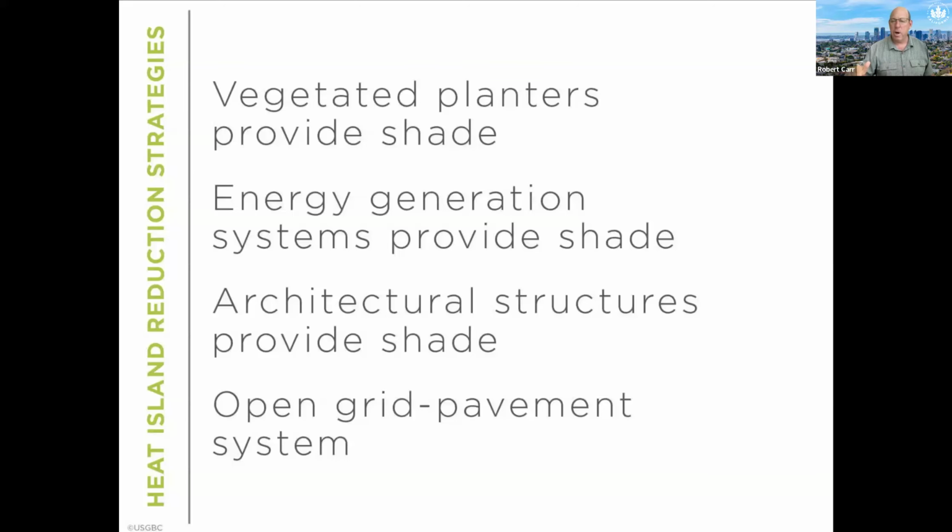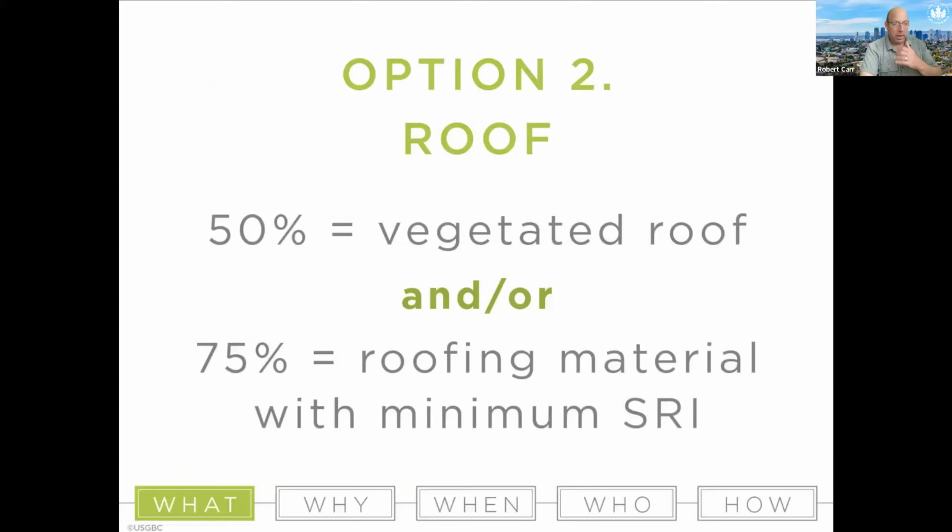I was on a project where they had really whitish cement, and we looked at the reflective qualities of that cement, and it actually met the requirements. So that's really important as well. Now for the roof, you want to find ways that the roof is not absorbing heat. One of the things is, can you have a vegetated roof? That's option number 2. If 50% of your roof is vegetated, or 75% has roofing material with minimum SRI, which is usually 90, and SRI is